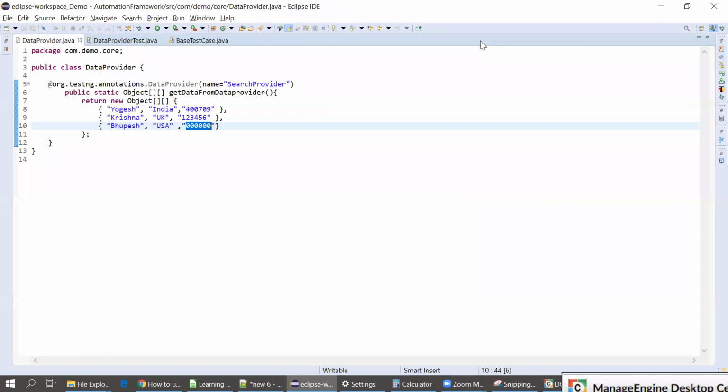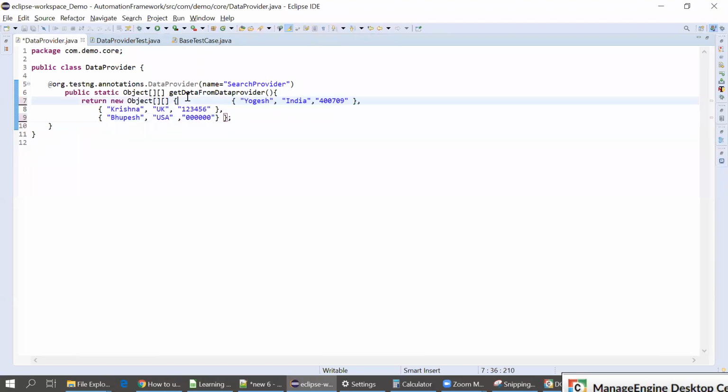Just again, I'll open this. If you go with the traditional structure, we define it in this way. I've just formatted it to understand more clearly. Usually we put everything in the same line, so it creates confusion sometimes. That's why I put it on separate lines. This way we define the 2D array. But again, it can create confusion. You can see this is the first row. You can consider this the first, second, and then third row, and this the first column, like this.